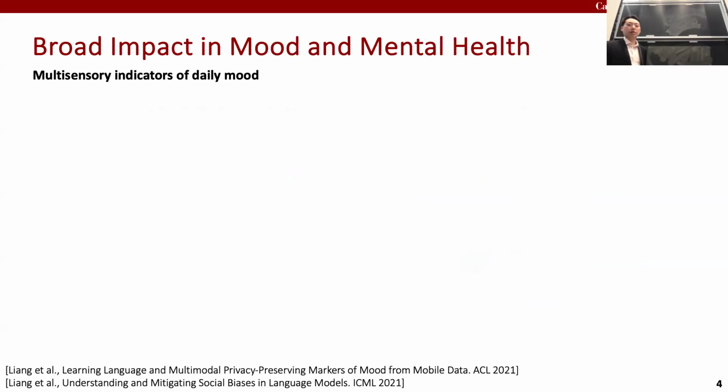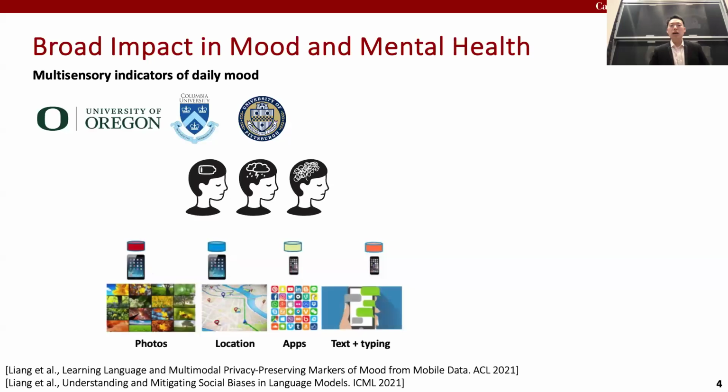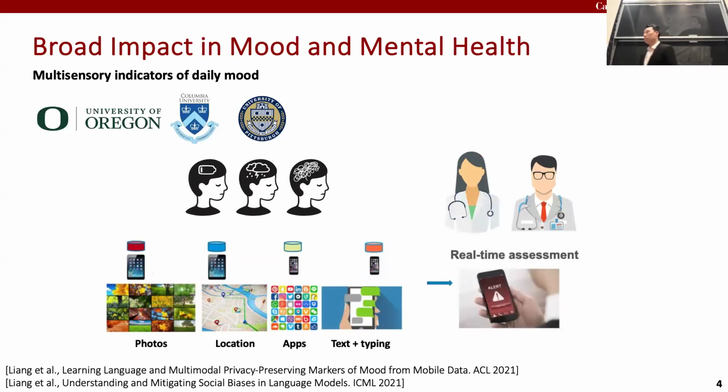We're also going a step further, looking at applications in mood and mental health. We've been working with psychiatrists at University of Pittsburgh, Columbia, and University of Oregon, to look at teenagers at the risk of depression. Some of the teenagers have been diagnosed with depression, and some of these teenagers are at the risk of depression. And by looking at their smartphone data, which includes photos they're taking on these phones, different texts they're typing, and how they're typing it, we're able to make daily mood assessments on the mental health of these patients and relay this information back to these psychiatrists in their treatment.